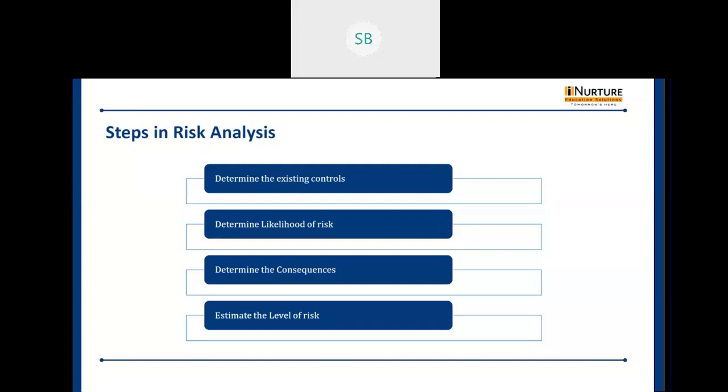Still, we have all the safety measures, yet we don't know when such a situation comes in. So in that case we have to think of the probabilities, so it may be 0.01%, but we have to think of it. Then the next step is to determine the consequences. Even after taking so many measures, if an accident happens, what will be the possible consequences? That is determined in this step. And then it is assigned a level, whether the risk is high, low, or medium.